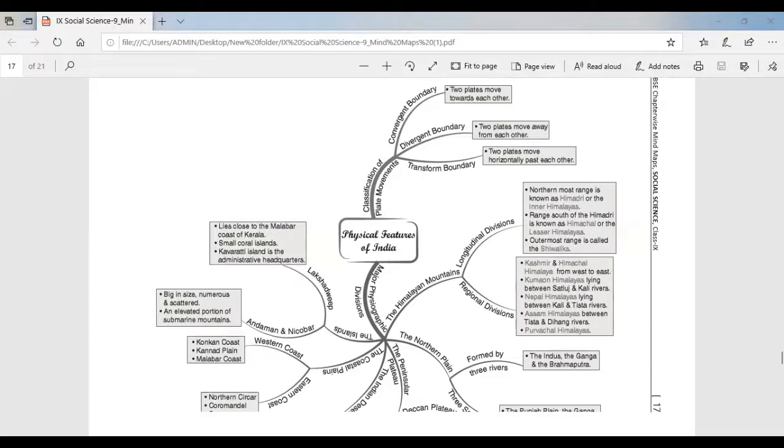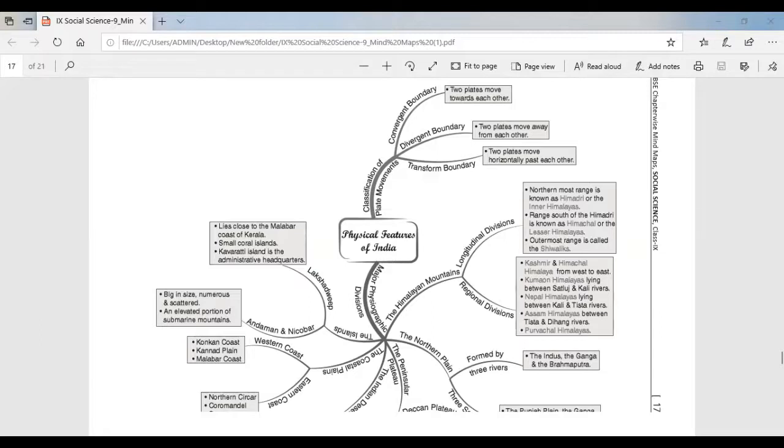The diverse physical features of India have immense future possibilities of development because of the following reasons. The first is that the mountains are the major sources of water and forest wealth. The northern plains are the granaries of the country.